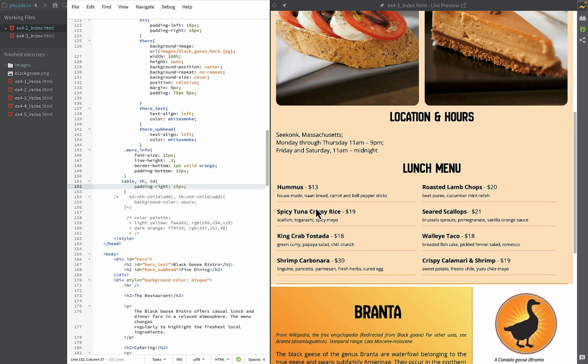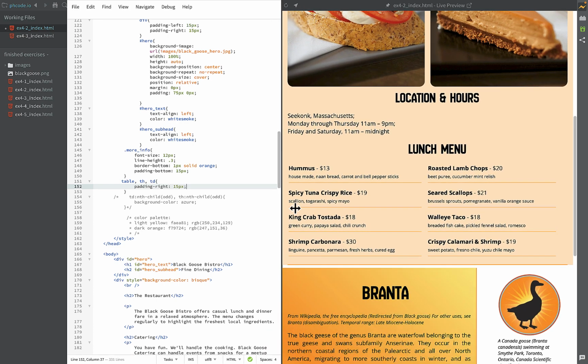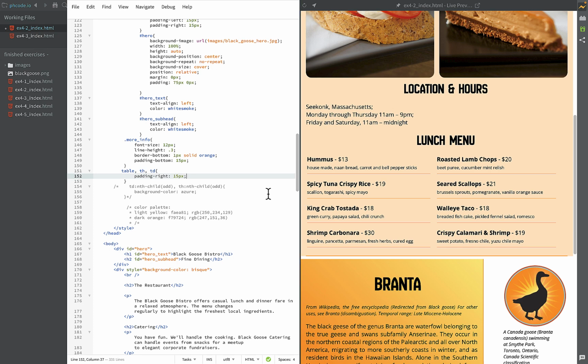There is our table lunch menu with everything kind of styled consistently. Looks a lot nicer than your standard default table, but it's important to know how to set up tables in kind of a standard way so that you can break those standards and style